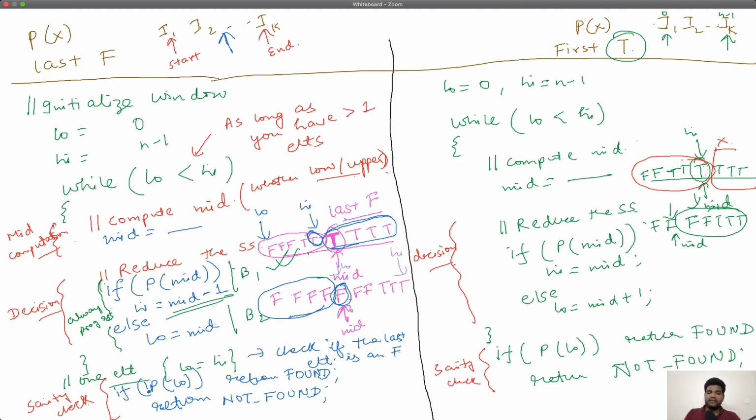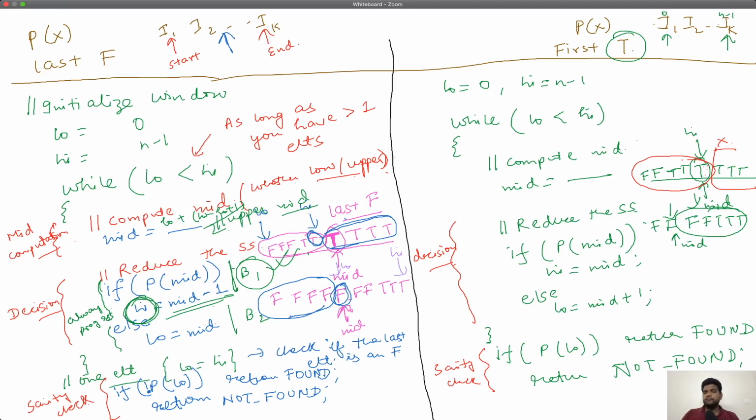So that's the reason why we generally want to use the mid corresponding to the block which is always progressing. So what is the mid corresponding to B1? You see in B1 you are updating high. So you want to use an upper mid here. That's just a trick that I told you, to identify it. So mid here, you can write as low plus (high minus low plus 1) by 2.